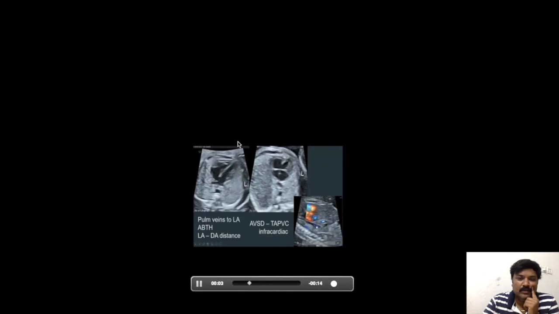In case of right atrial isomerism, I said there can be anomalous pulmonary venous connection. One way is to look at the pulmonary veins joining into the left atrium, and another clue is there will be increased retrocardiac space with abnormal vessels in that region. If you are seeing such things, then you can trace that abnormal vessel, and in this case, the pulmonary vein is abnormally communicating to the infradiaphragmatic portal vein. So this is the infracardiac type of anomalous pulmonary venous connection. This can happen in right atrial isomerism.